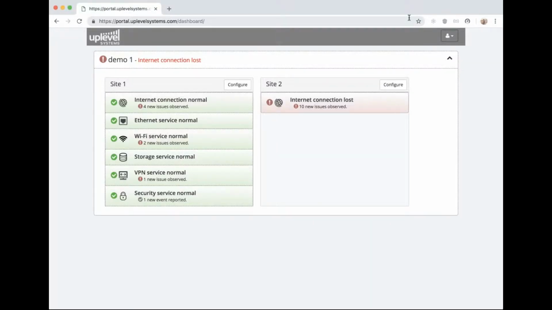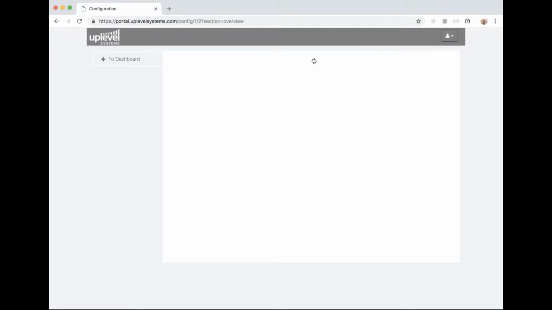Hey everyone, so today we're going to go over how to set an SSID on the Uplevel gateway to its access point. You'll see here on the landing page of your dashboard that you can see all of your customers and any sites that are located within them. So I'm just going to go ahead and click the configure button of the site where I want to configure